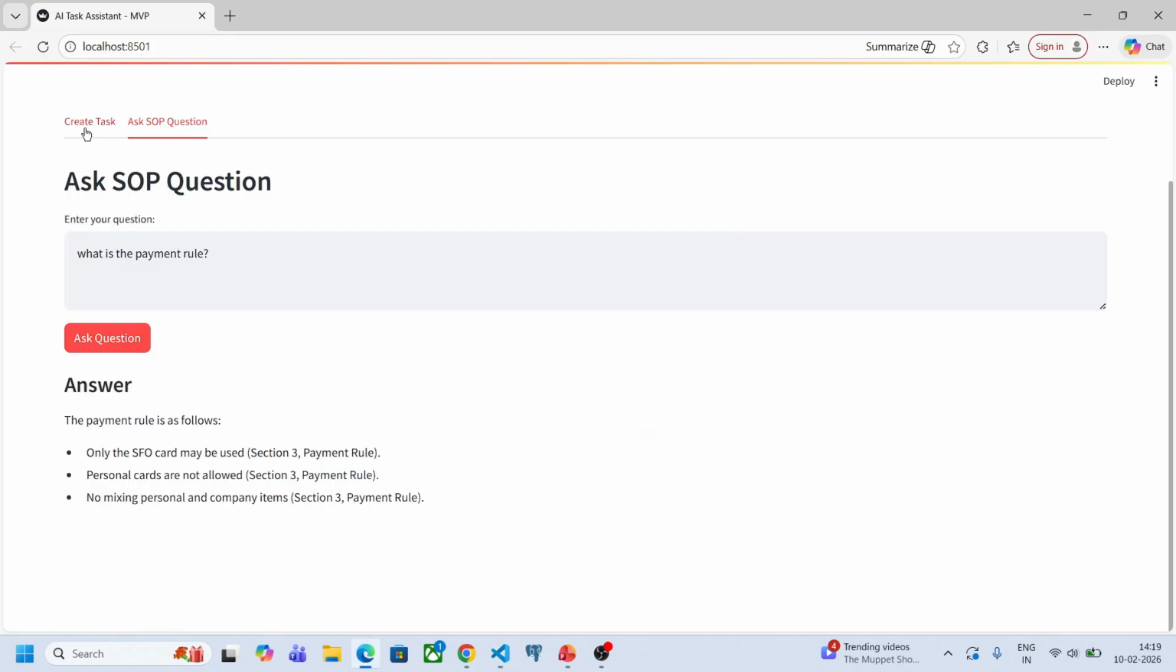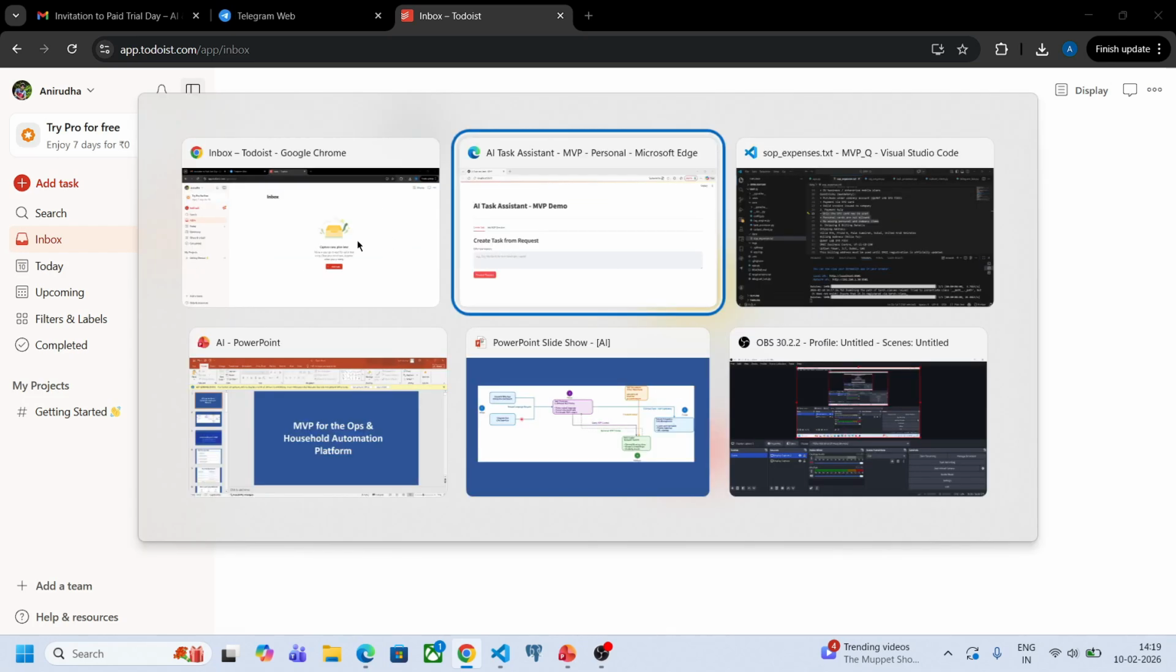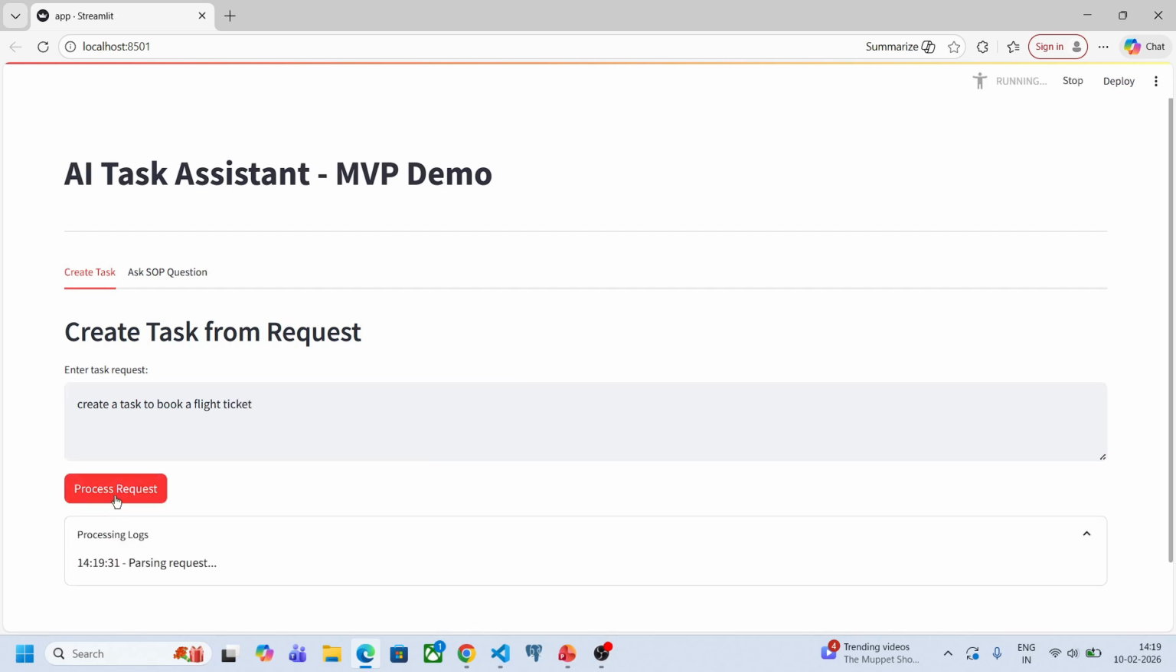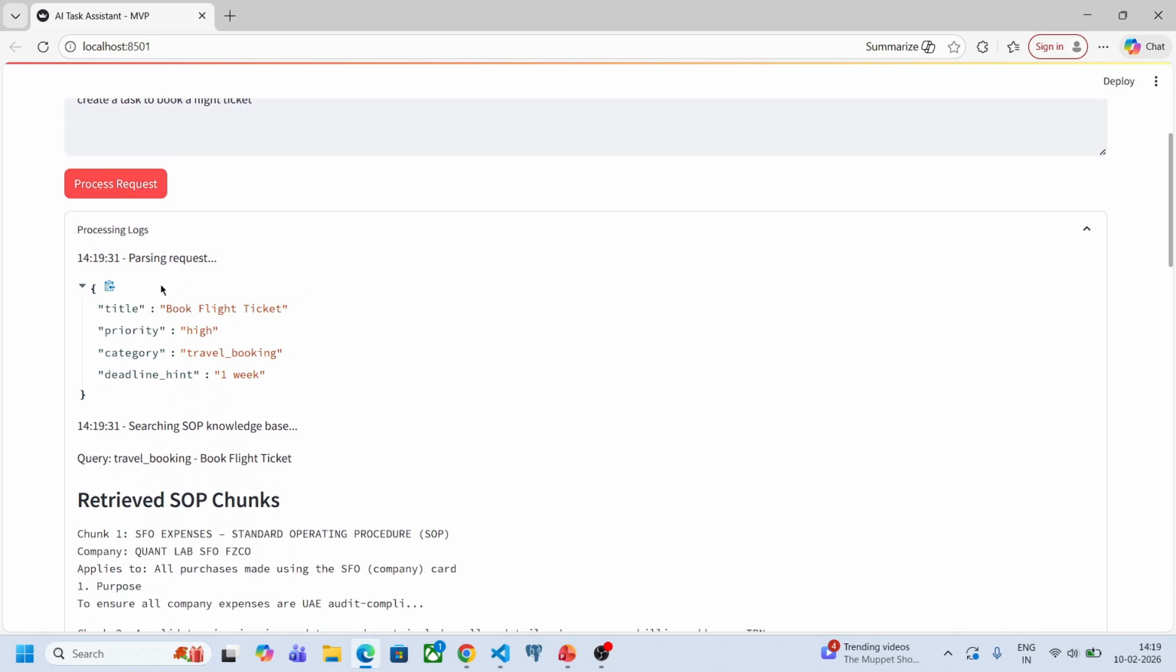Now if I want to create a task here, if you go back here again, there is no task yet. So let me create a task to book a flight ticket. Okay, so let me process this request. Let's see. It will create, in this parsing request, booking a flight ticket, high travel booking, and the deadline